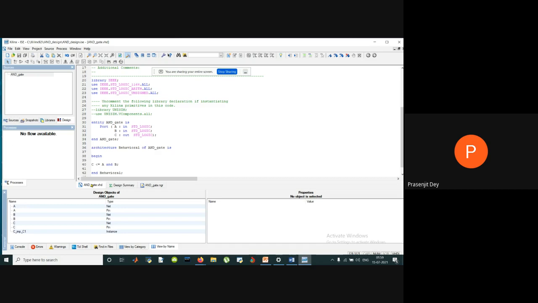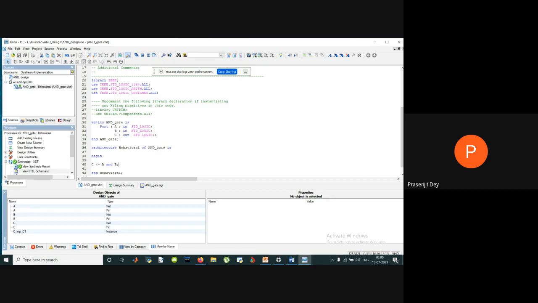Now in the next step, we will generate a test file, and we need to feed that test file into this VHDL module and see whether this VHDL code is working fine or not. For that purpose, we need to go to the source section. Say this is the source section. We need to click on the source button and it will go to the source section.